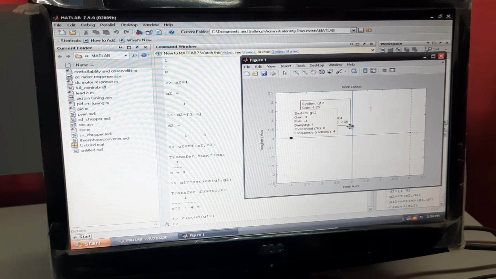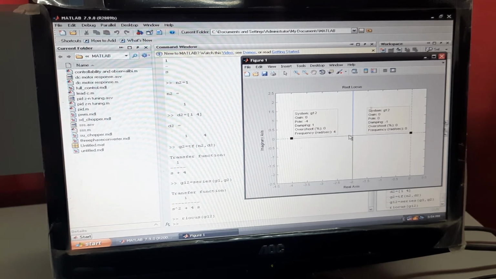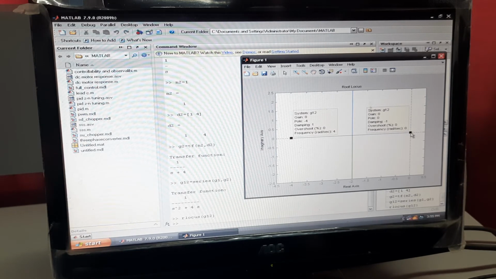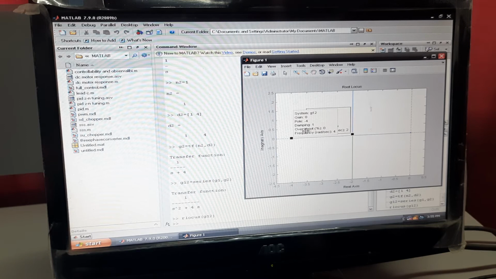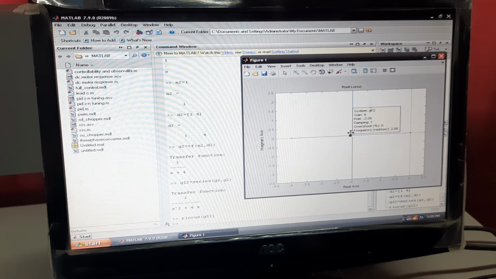Now see, we will have a breakaway point. What do we know as the breakaway point? After progressing, it is where the two roots become equal. We also did this problem in the class. When we put the cursor at this position, you see the pole value is -2. This is the breakaway point we found in our regular classes. So the breakaway point is also -2. Again you see from this root we have the breakaway point, another is -2.